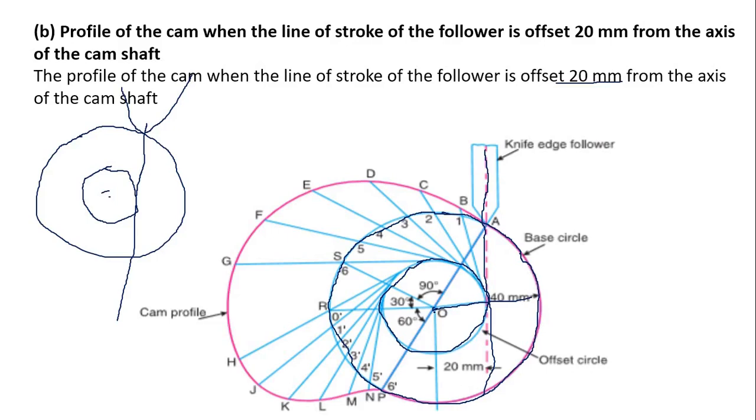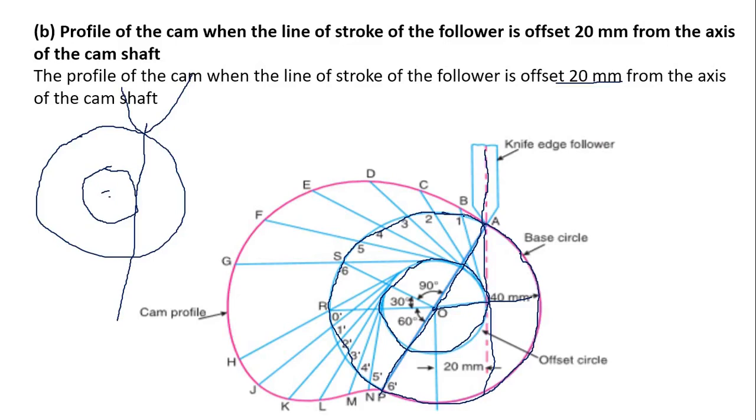Now student, the next process is that mark the point follower and draw a straight line like this, and firstly measure the 90 degree, because in the 90 degree there is an outer stroke, and 90 degree is divided into 6 equal number of parts, that means 15 degree each part, and put a protractor here